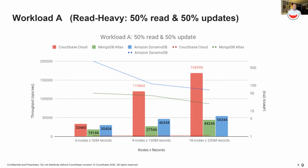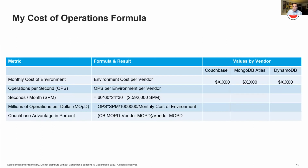But now let's start to break this one down, because this looks like benchmarking, I'm sure. And while I'm going to give you probably a little bit more of that, I'm also going to reveal as much as I possibly can about how we're going about this and about how I'm attacking the logic of each one of these environments. So what I want to first introduce to you is sort of my cost of operations